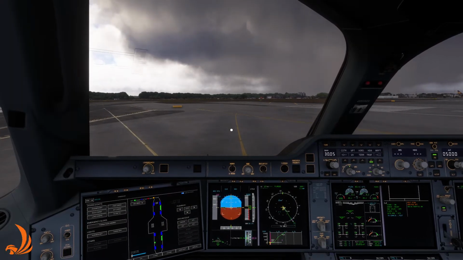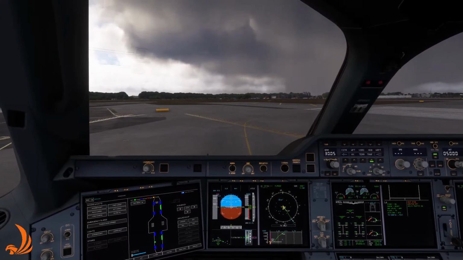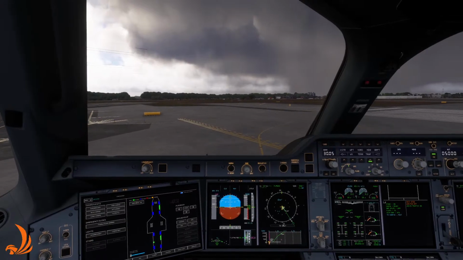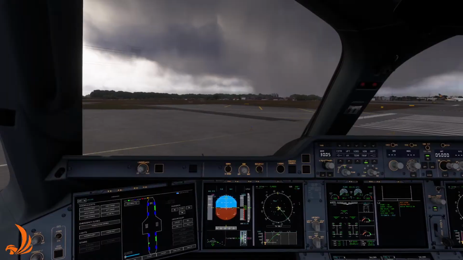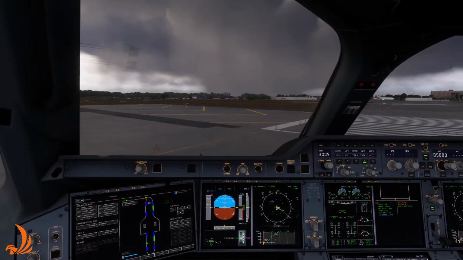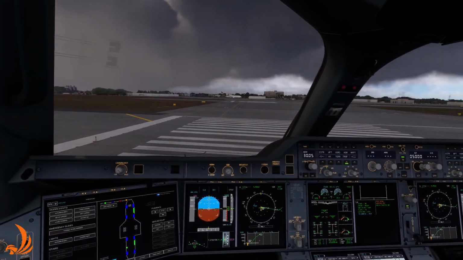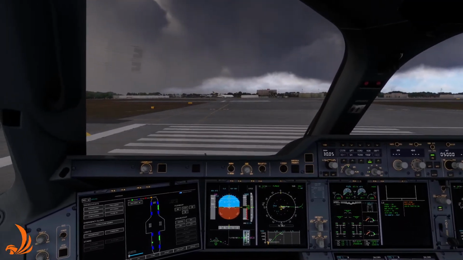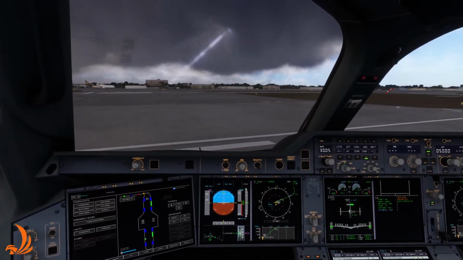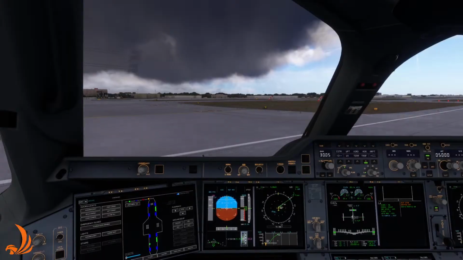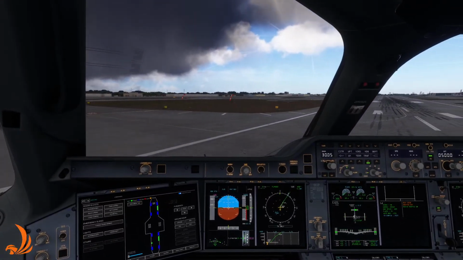Miami Tower, ExecJet 4 Quebec Sierra, visual runway 08 left. ExecJet 4 Quebec Sierra, Miami Tower, wind 260 at 11, runway 8 left cleared to land. Runway 8 left cleared to land, ExecJet 4 Quebec Sierra. I don't want to turn too soon. It's a quite long airplane, so